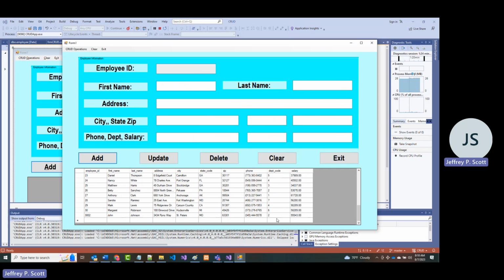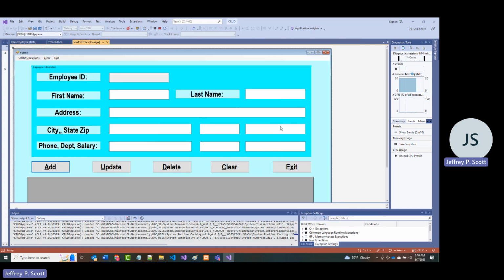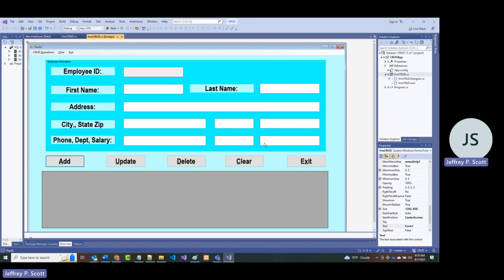I don't know what the problem is, but I'm going to still run through all the code with you. And when we get done, we're going to build 2 more apps that are not going to look like this, but that are designed to show you how to work with databases. All right. So I'm going to run through all the steps in here and show you exactly what I did to make this work. The first thing I did, and I'm going to close this so I can reopen it,